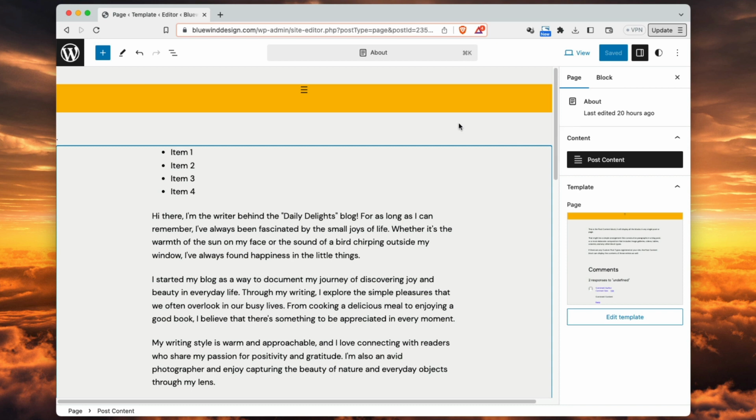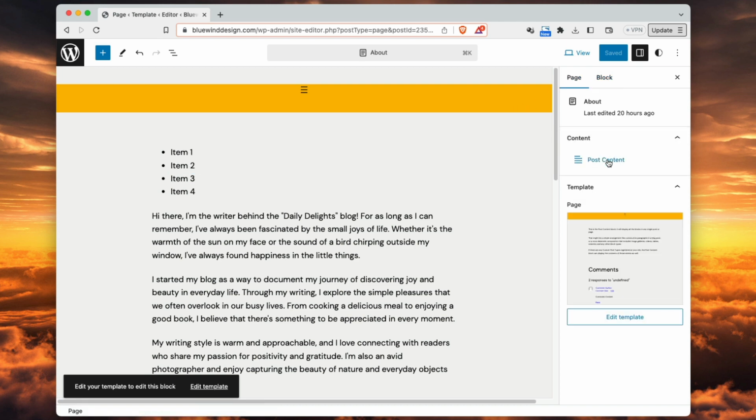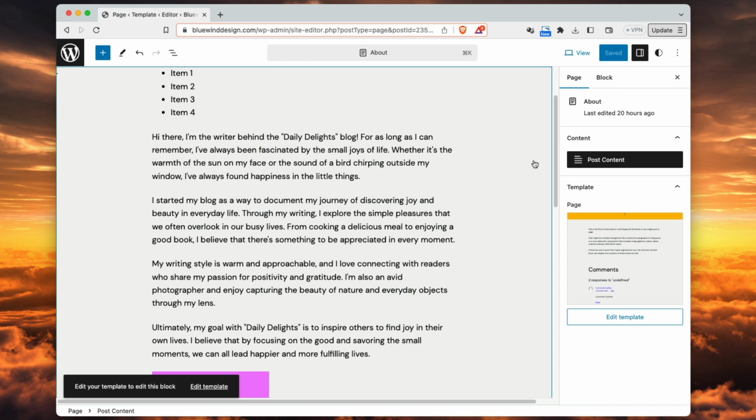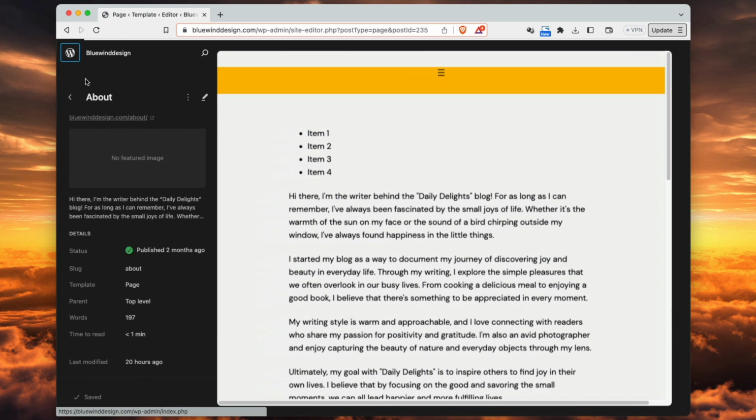This is a post content. So I'm here. I don't want to edit the template. I just want to add a featured image here to this site. Post content. Can I go in here and add it? It doesn't look like I'm able to access the about featured image in here, so it looks like I have to exit